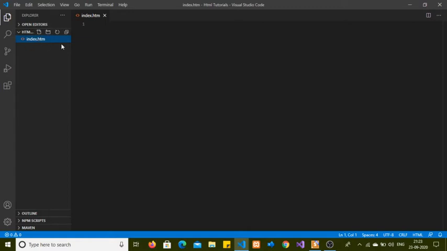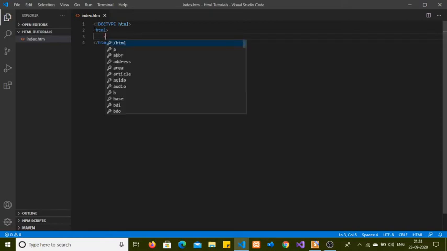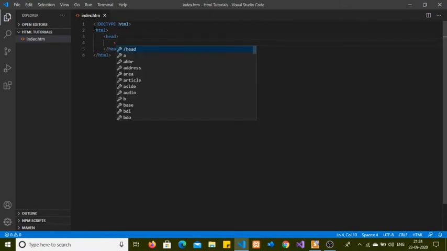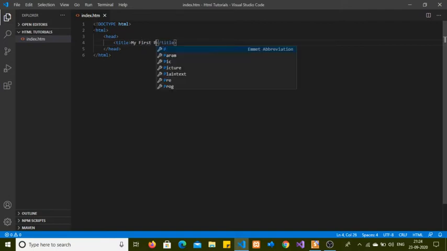I have given .html. Let's define doctype html. This is the root html. Then head, inside this title, my first page.